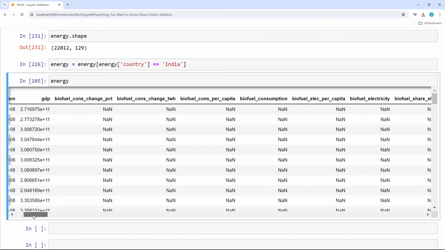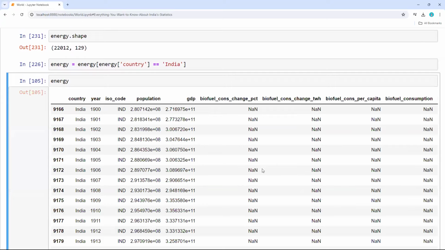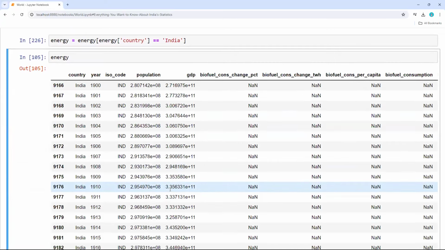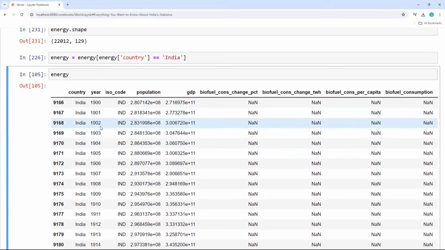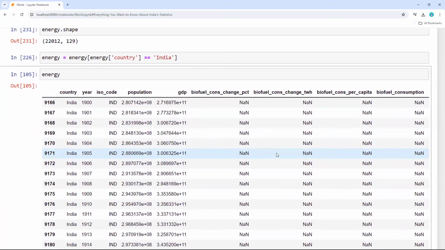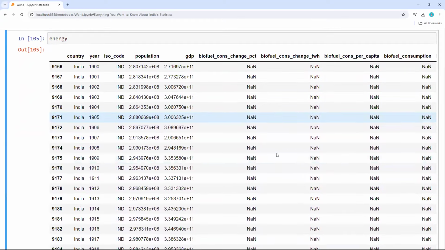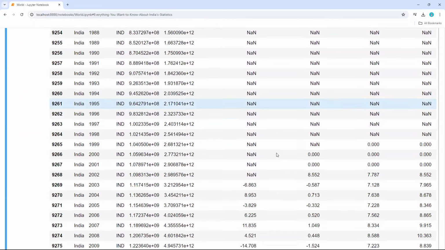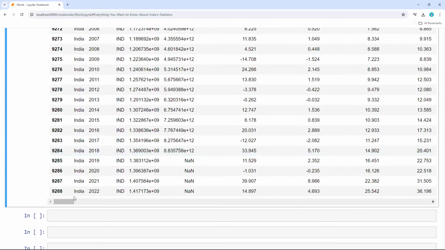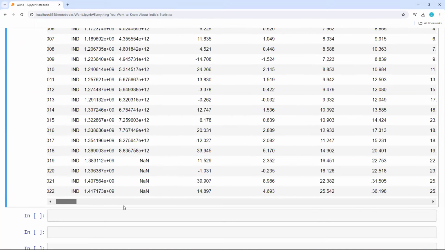I do not have the data for 1900, 1901, 1902. Obviously, we do not have the data, so that is why these are all filled with NaN. If I wanted to look at the recent years, like 2000 to 2002, here you can see some